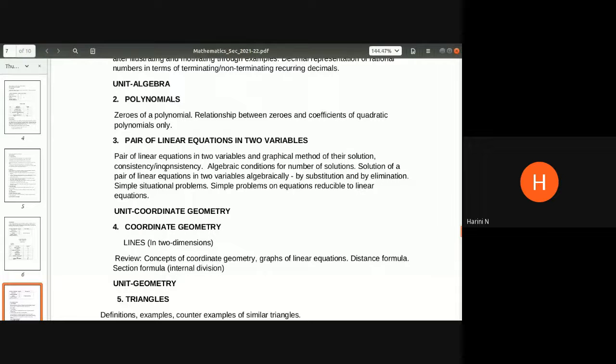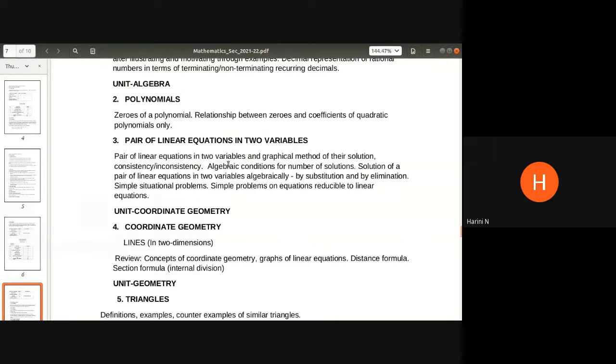I told you, there are three varieties in which the equations would behave. They may be intersecting lines, they may be coincident lines, or they may be parallel lines. So that is what you call the conditions of consistency. How the pair of linear equations will behave will be decided by these conditions. What are these conditions? We shall see in detail in the class. So conditions of consistency and inconsistency are very, very important, because problems based on this are definitely included for us.